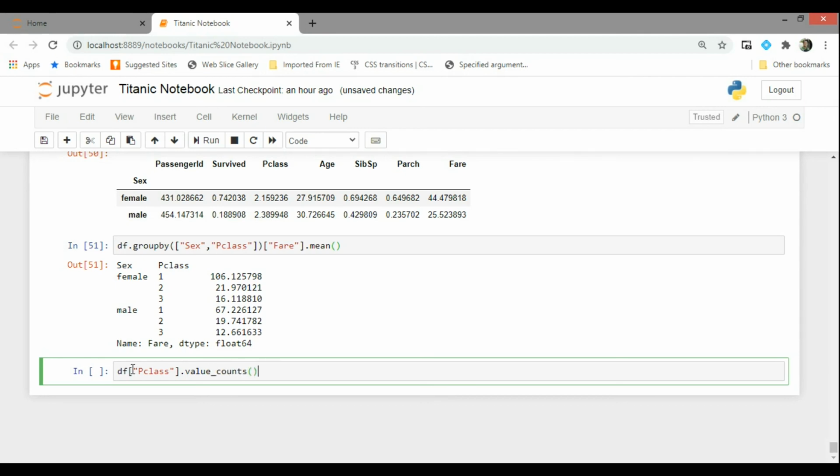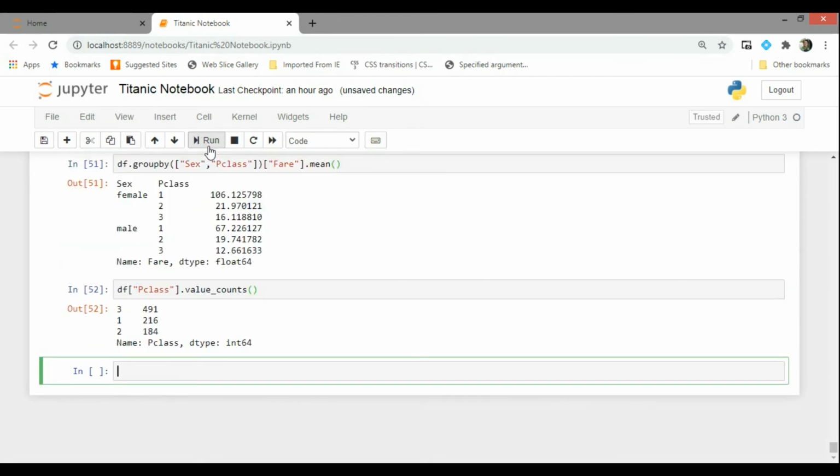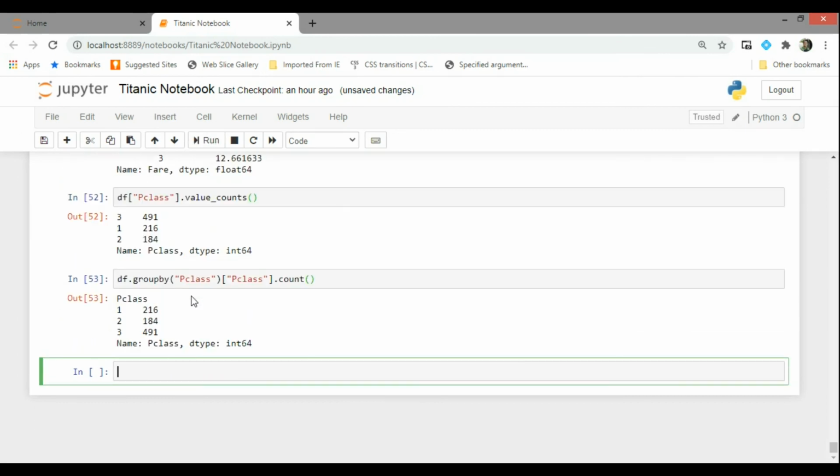Now you can find that df.Pclass.value_counts shows how many values are there. So it's 491 in class 3, called Pclass 3, class 2 is 216 and class 1 is 184. Now again, I'm sometimes calling them group, but group actually means the class, because here the group of people, the class of people, is the kind of category the data set represents. Now I'm trying to find out the count. So now you can see that the count will give you